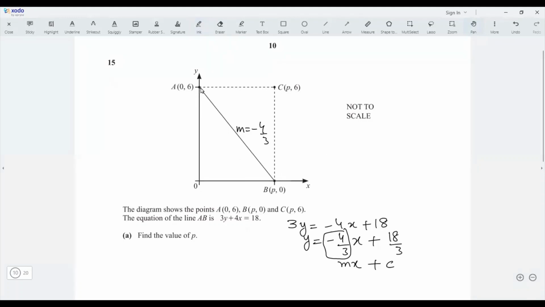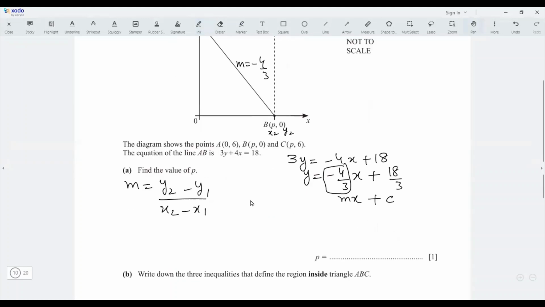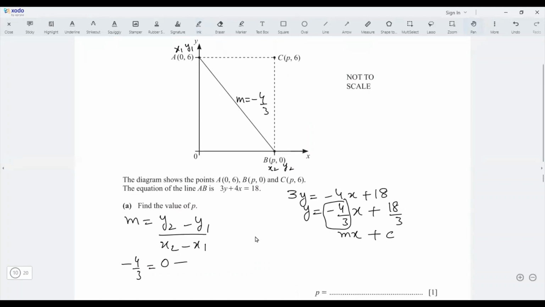If A is taken as the first point, it is (x1, y1), and B is taken as the second point, (x2, y2). We are using the gradient of this line, because the equation is of AB, so we need to find the gradient of this as well. So m = (y2 - y1)/(x2 - x1), putting in the formula of the gradient. What is m? m is -4/3, as we found previously. So -4/3 equals, y2 is 0, minus y1, y1 is 6,